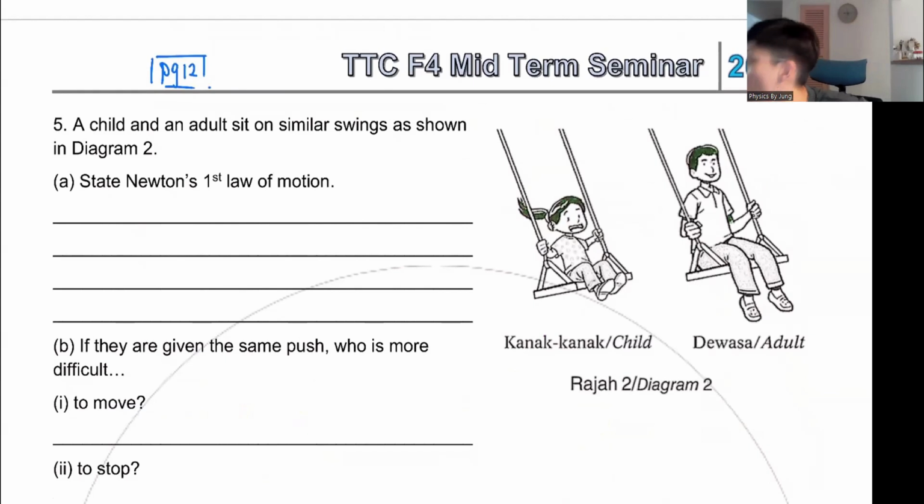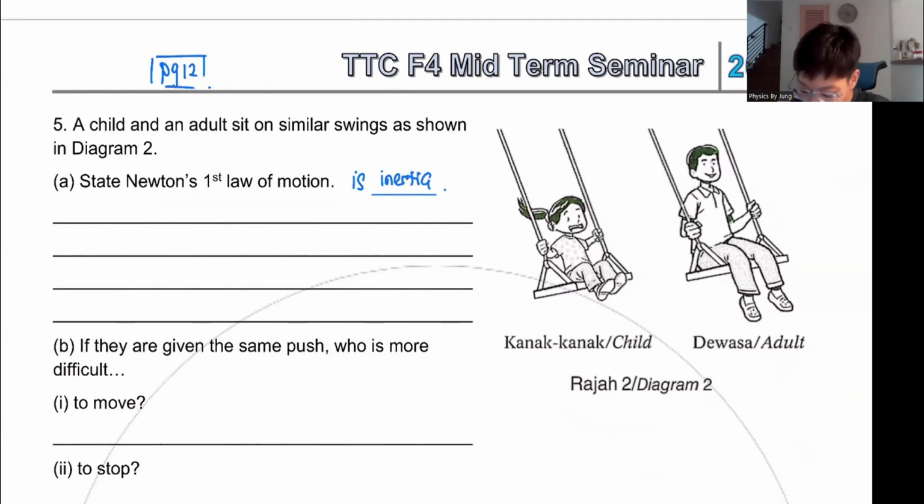Okay, guys. What is Newton's first law of motion? Okay, can I say Newton's first law of motion is inertia? Can or cannot? Because some of them they'll say, teacher, but my school teacher say it's the same lah. Newton's first law of motion is inertia lah. Anybody your school teacher say so? Is inertia.